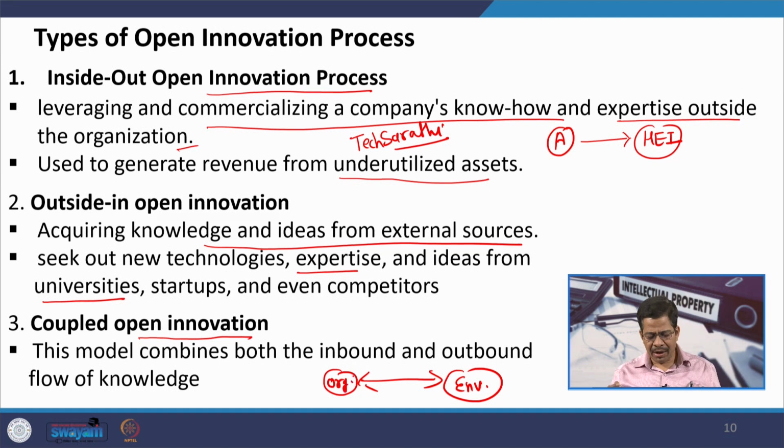Organization to environment and environment to organization. So, both side flows are happening in the case of coupled open innovation. So, these are the three open innovation processes which are possible and which can be leveraged for the benefit of